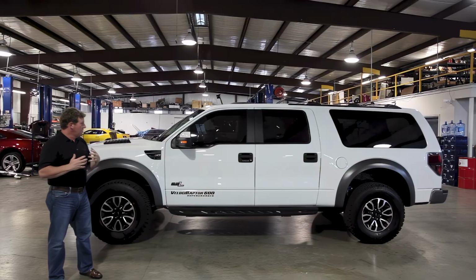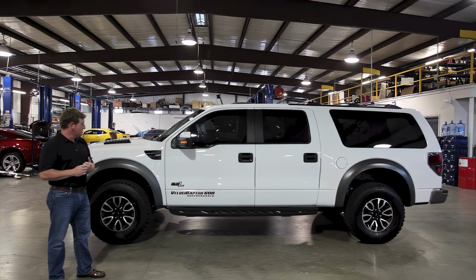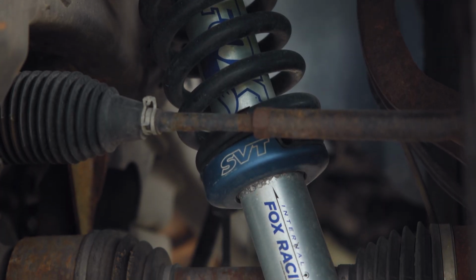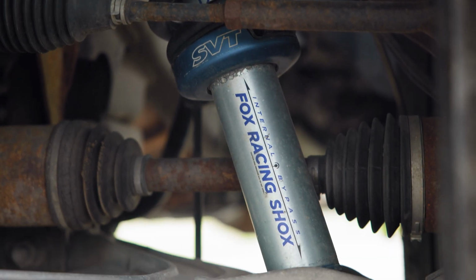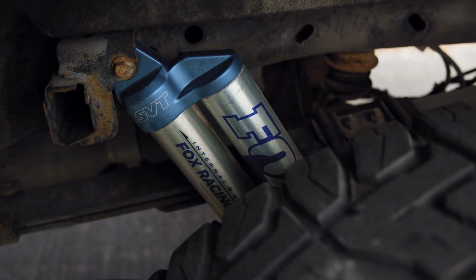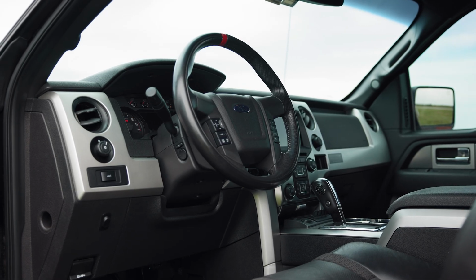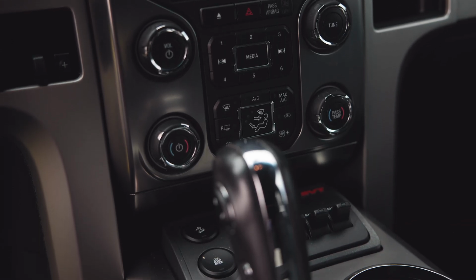And so you still have the full functionality of the Raptor truck, with all the off-road abilities and strategies that the guys at Ford developed, where basically the Ford Raptor truck is capable of pre-running Baja, and turn it into an SUV. On the interior, everything is pretty much what you would find in the normal Raptor truck,